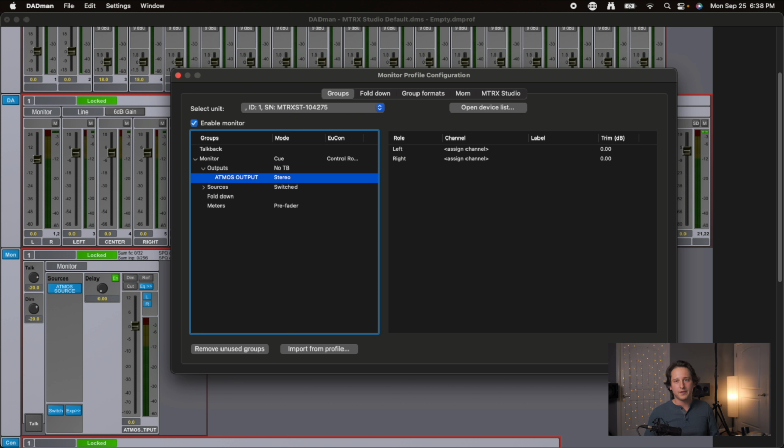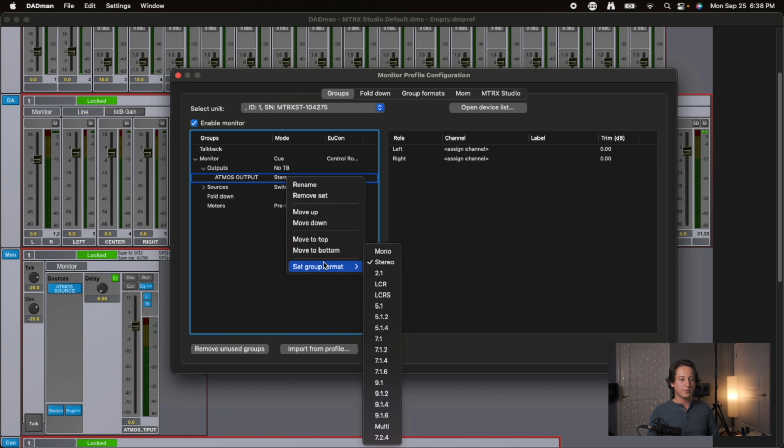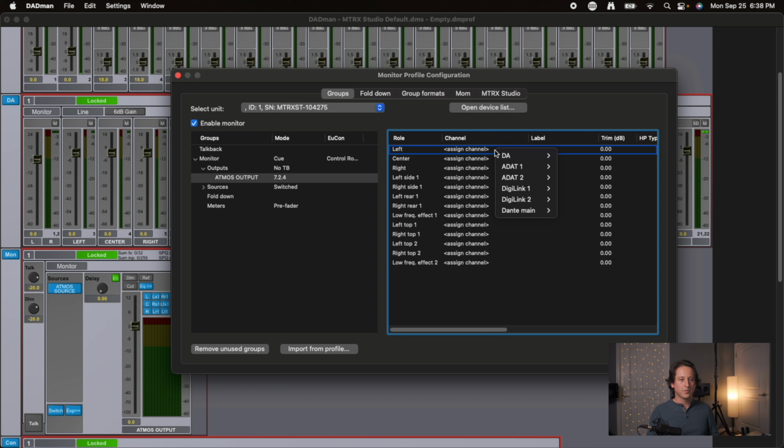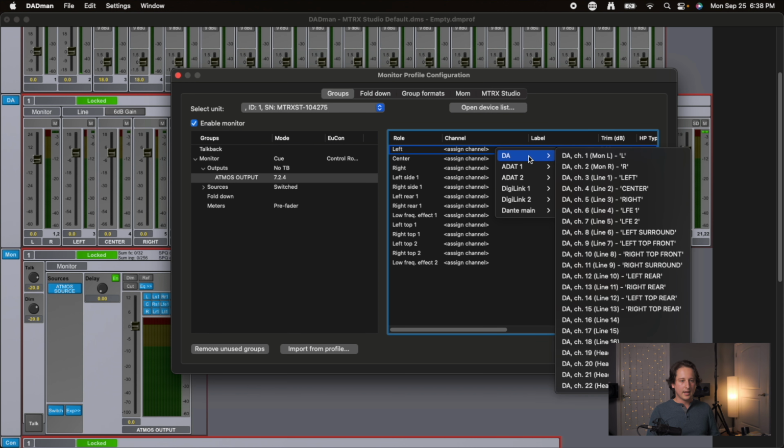Again, you can name this whatever you wish, whatever is easiest for you. This is just what I'm giving as an example. We are going to change the group format to 7.2.4, and we're going to do the exact same thing, but with the correlation that we have with our analog out DB25 cable. Let's say you have that cable going to the front of your room and the first channel of the snake is your left speaker, you're going to set that left speaker to DA